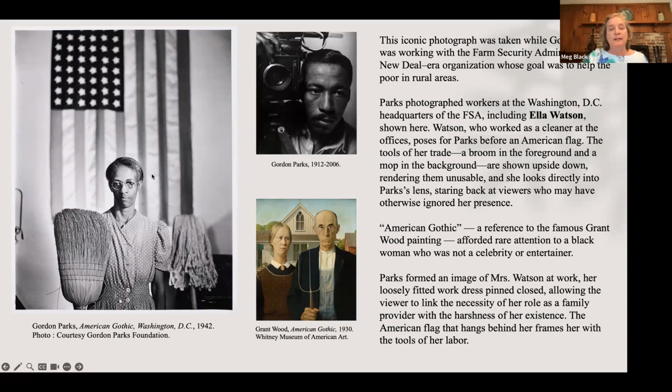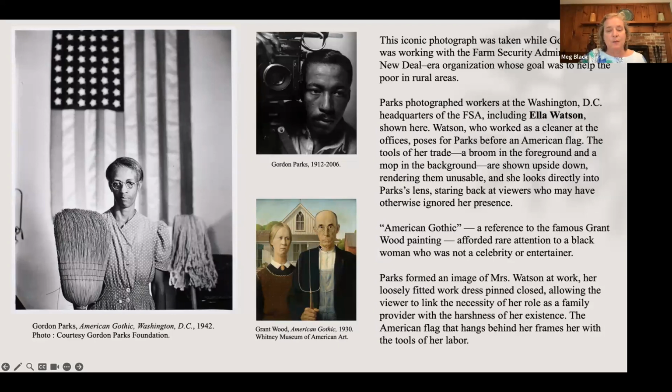And the photo at the title at that point, Gordon Parks changes to American Gothic. And it's named after a very famous painting, which you're probably familiar with, by Grant Wood, of the same title. And of course, he's playing off the distinction between the single woman and this is a farmer and his daughter. It's often like a farmer and his wife, but no, this is his daughter. And by the way, just an art history fun fact, this was Grant Wood's dentist who's posing as the farmer.